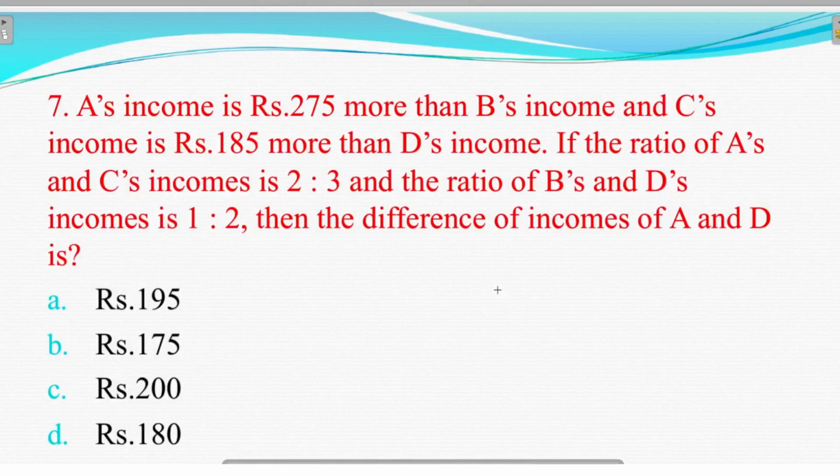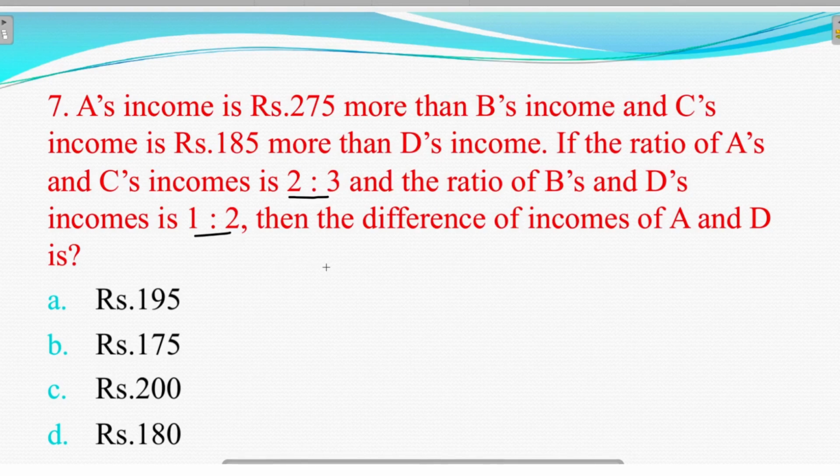Next, look at this question. A's income is 275 more than B's income and C's income is 185 more than D's income. If the ratio of A and C's income is 2 is to 3 and B and D's income is 1 is to 2, the difference between A and D. There is no direct data, and I can't guess because A and D are not given directly. So we have to solve it here. First statement,